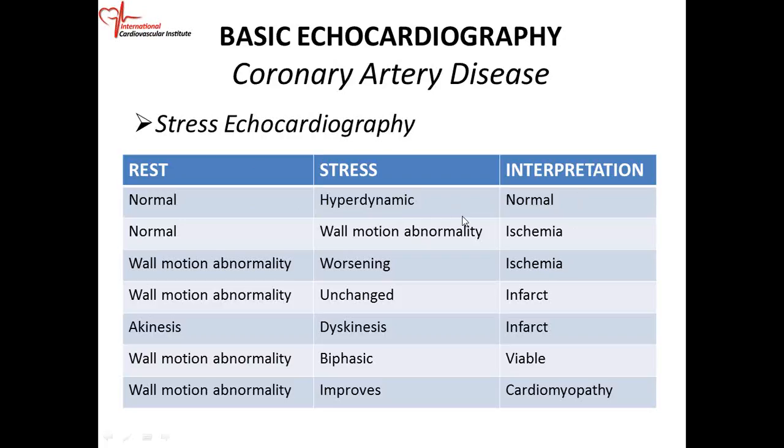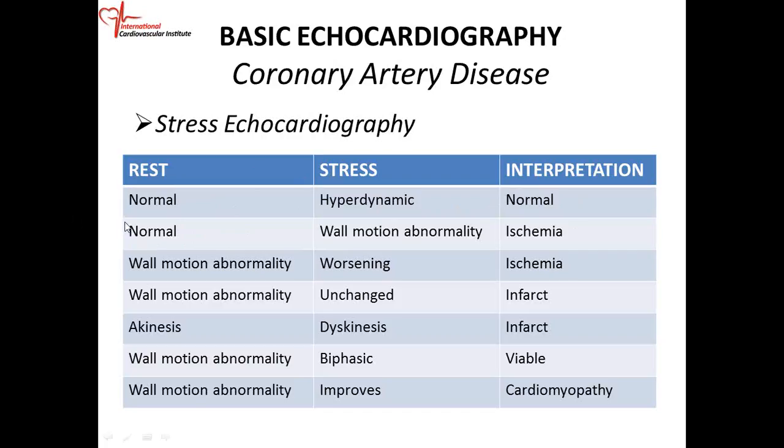Ejection fraction should increase by more than 5% with exercise. So if this is 60-65%, this should be at least 70-75% or more with exercise. So this is your normal patient. Normal resting echo, hyperdynamic with stress, normal. As opposed to this patient who has normal walls